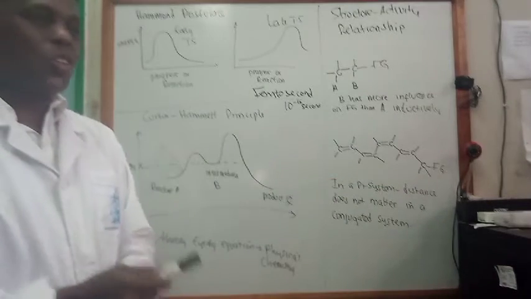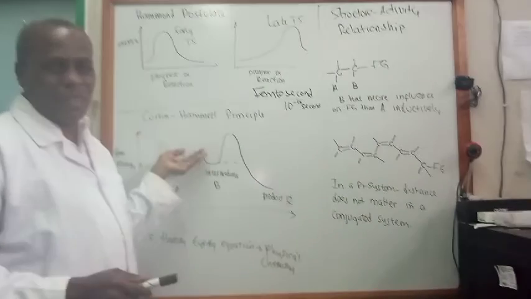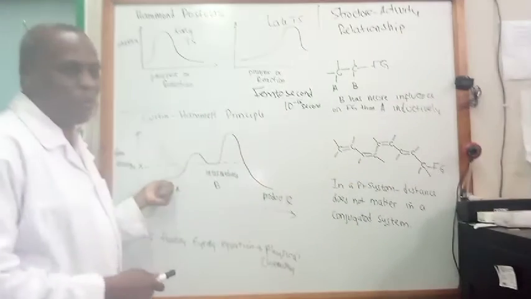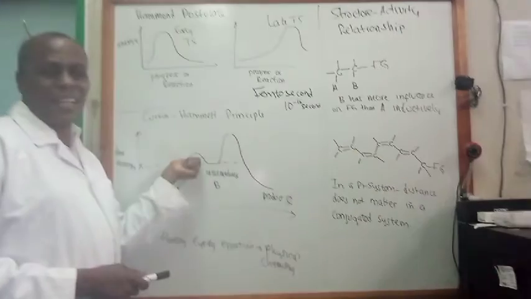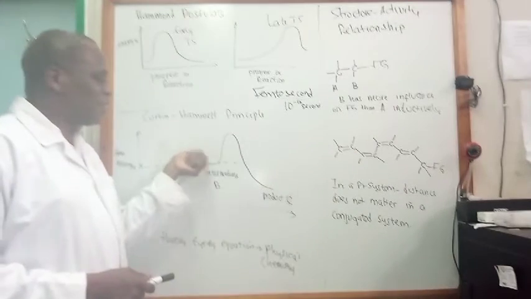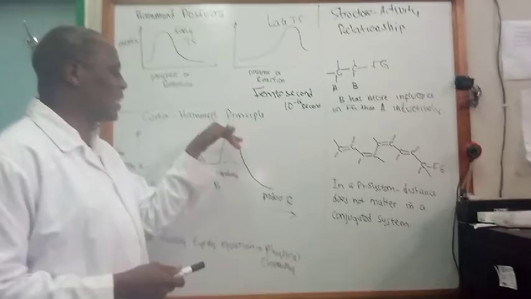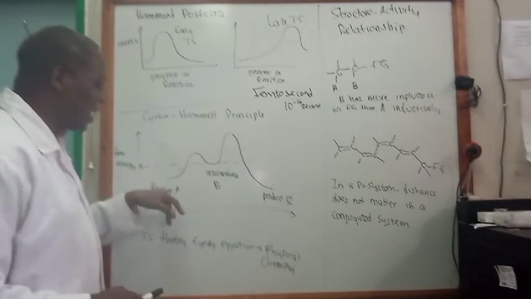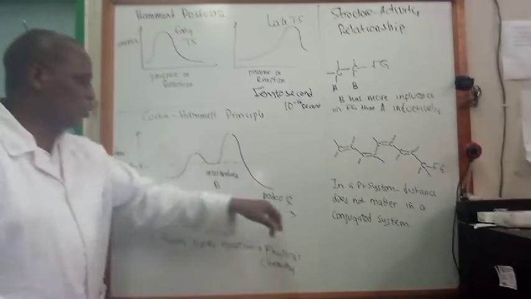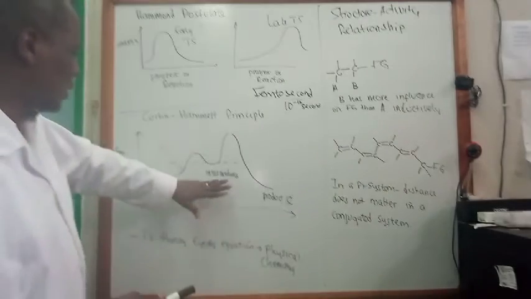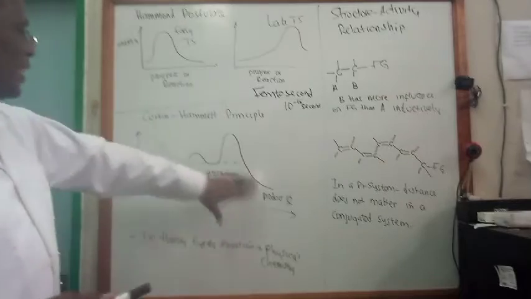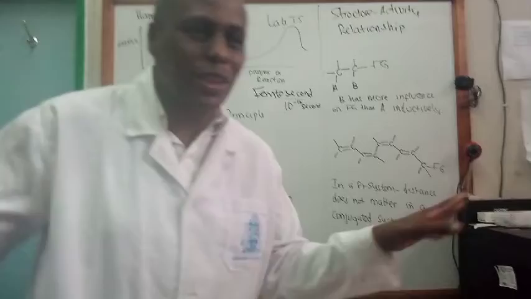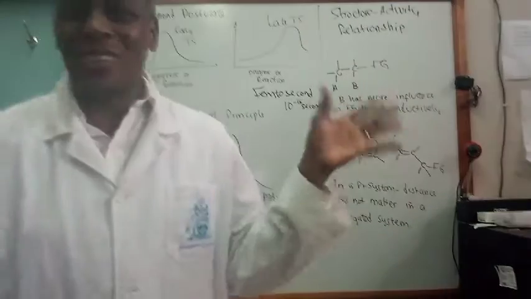Yeah. So this one will get less energy from the environment, and therefore, even if it is unstable, there is a small hill to be overcome. This one, even if it is more stable, there is a larger hill to be overcome, and therefore, if you're going to see the ratios, you're going to see A will be formed in larger quantity as opposed to C if you are starting with this one. Yeah. So that's called the Curtin Hammett principle. And once again, it's a principle. It's like take it or leave it.